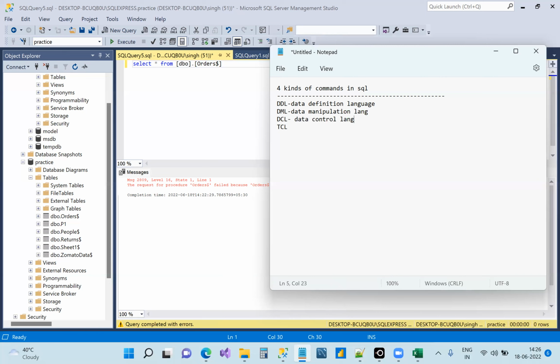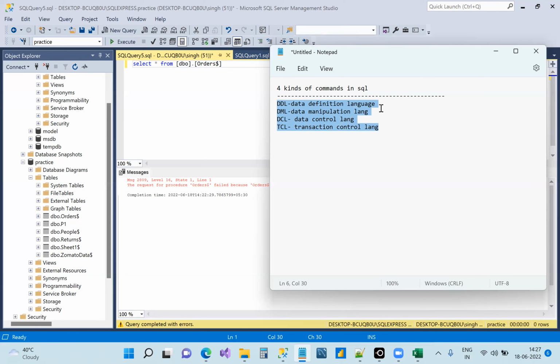Control. And then we have TCL, transaction control. Transaction control is very easy. Just like we do other, they're like rollback, commit, control Z, control Y. You do right, if you do in Excel also, right? Rollback meaning whatever error we have made, just go a back step. So over here it's called rollback. Right? Transaction control language. Okay. So there are few statements in all of these. So remember, in all of these, no matter where you use, if you learn over here, it is same across the platform. Each one of you, did you get it?